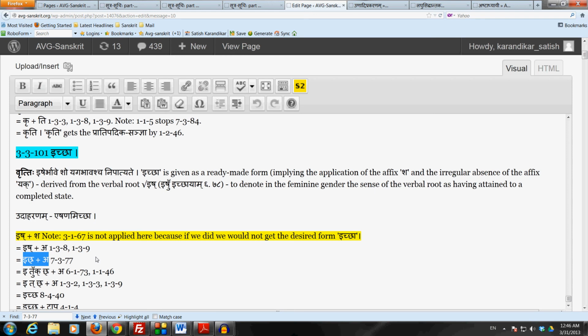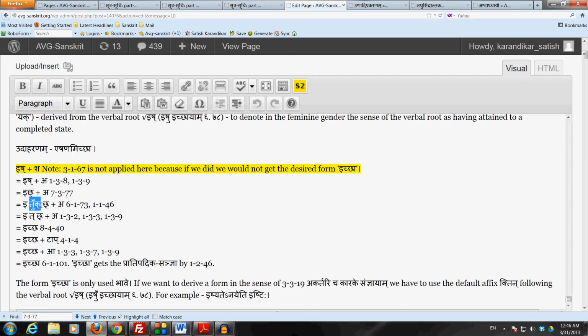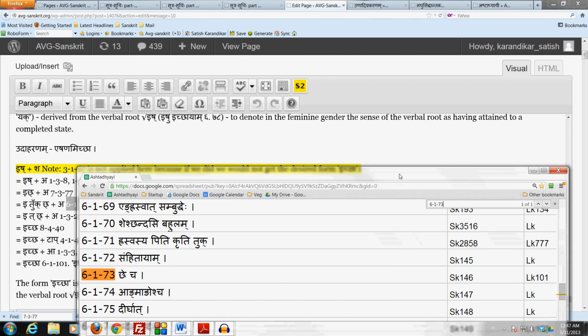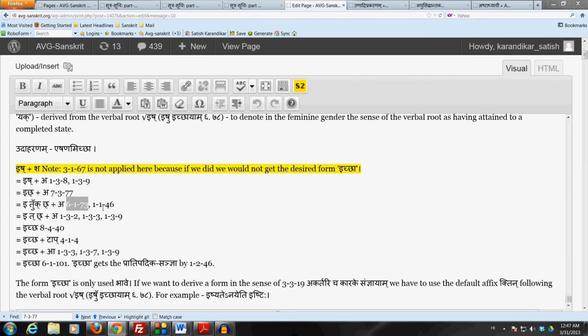At this point the agama tuk comes after the ikara by the sutram checha, because we have a hrasva ikara followed by the chakara. So the agama tuk comes in by checha 6.1.73, and as per adyantau takitau, the agama tuk comes after the ikara. So we get i tuk chha. Now anubandha lopa: ukarasit sanya by upadeshe'janunasika it, kakarasit sanya by halantyam, tasya lopah, we get i t chha. And now we apply stoh shchuna shchuh to replace the takara by the chavarga chakara, and we get ichchha,